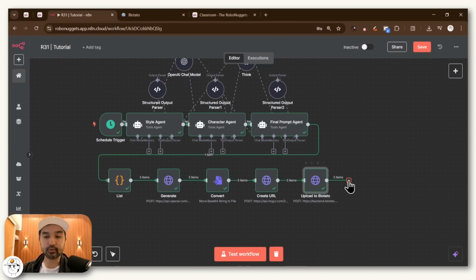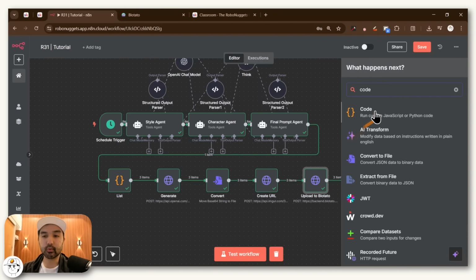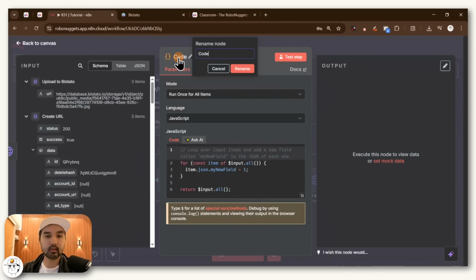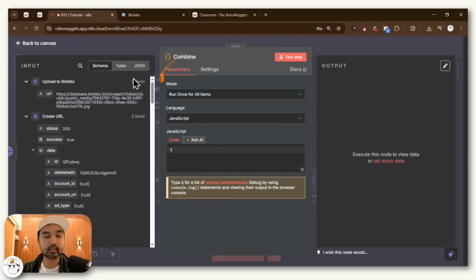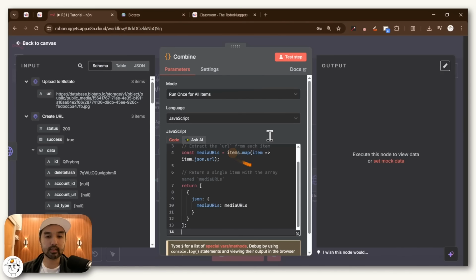So now we're almost done with this second part, but the last thing that you want is to add a code node, and you'll see in a bit why this is important, and just name this combine and just remove this placeholder. It's called combine because all that we are going to do is take these 3 items and combine them once again into one item so that we can properly publish it as just one carousel post in TikTok. So here in our community, you can just copy that whole script, place that there,